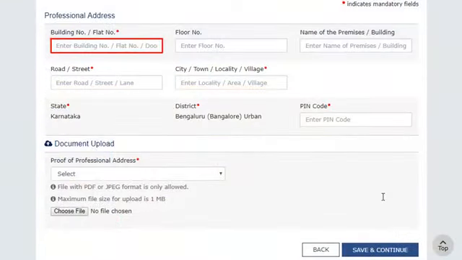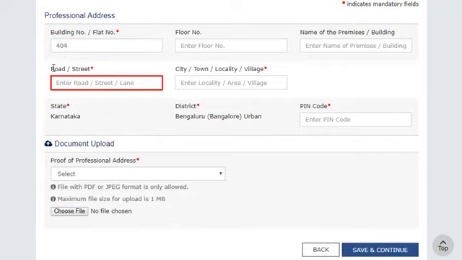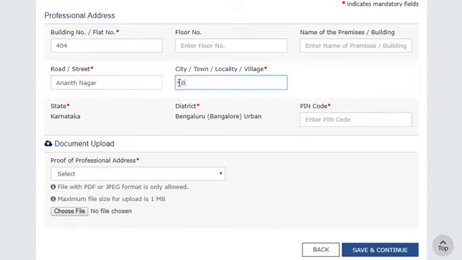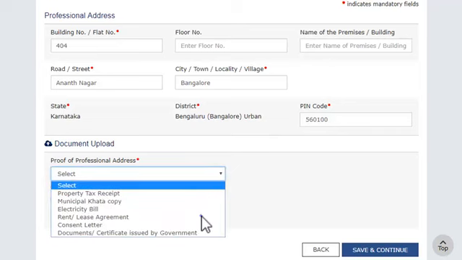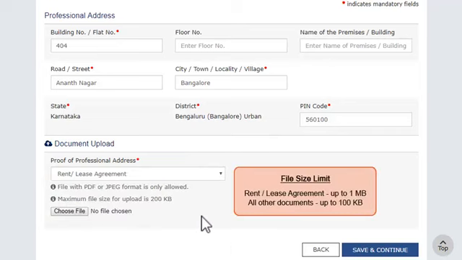Provide professional address with PIN code and upload necessary proof of address. Make sure the document is in PDF or JPEG format and size is less than 1 MB.